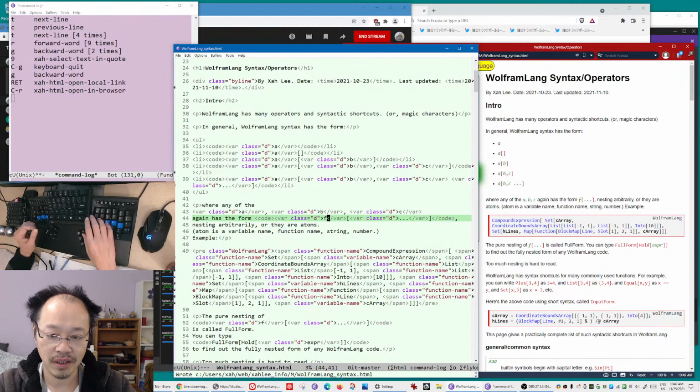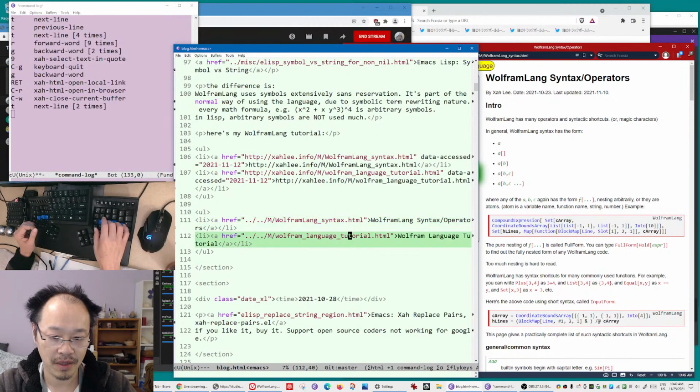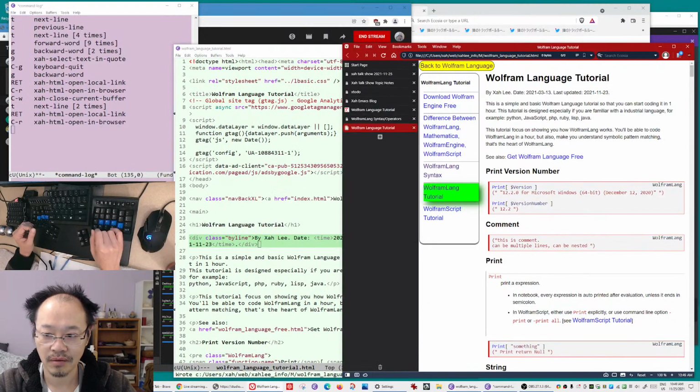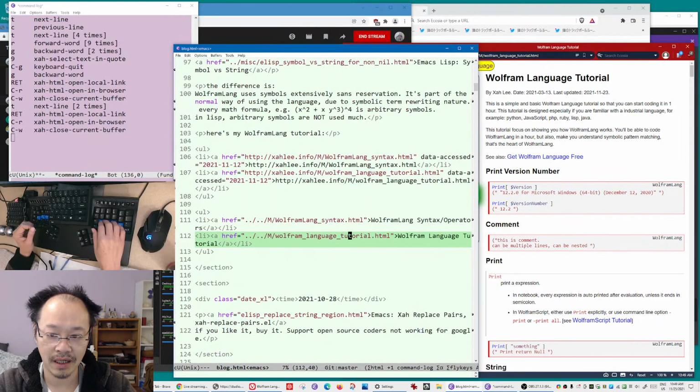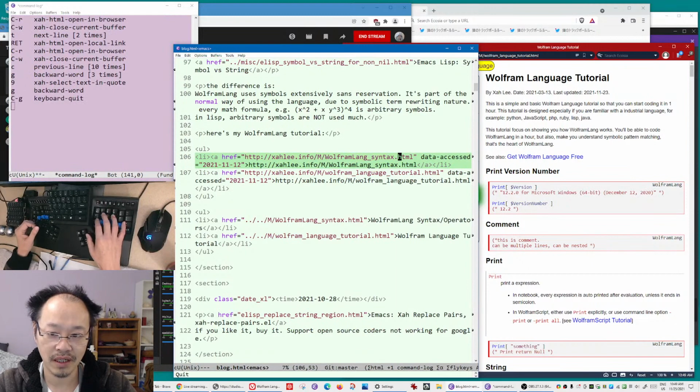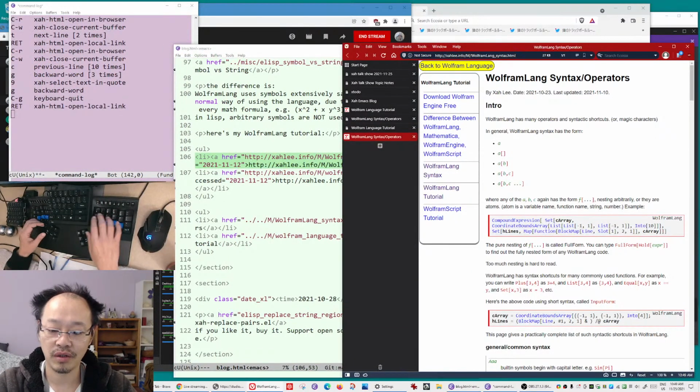Okay, back to Emacs, close this page. Same thing for this page. Enter to open it, show in browser, Wolfram language tutorial. Back to Emacs, close that. Now, same thing here, except they use fully qualified URL, domain name. So if I press enter, it's actually going to the Xah website. So anyway,